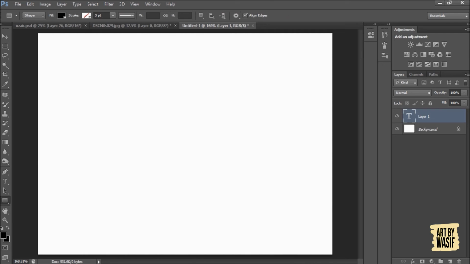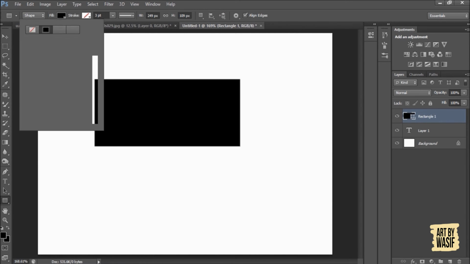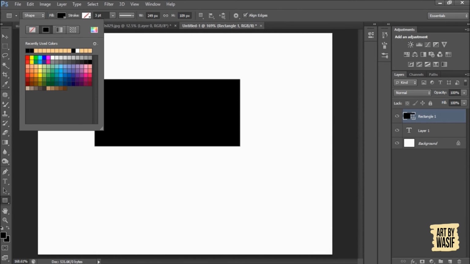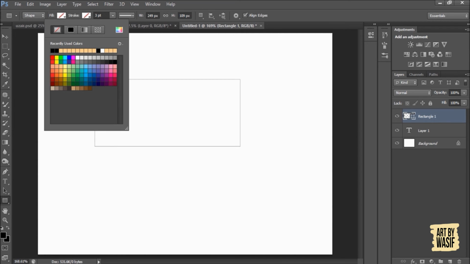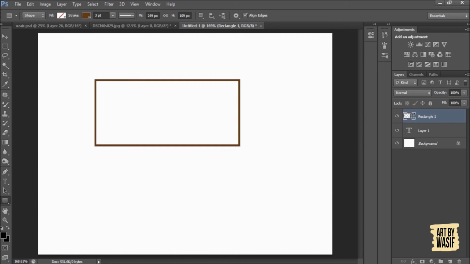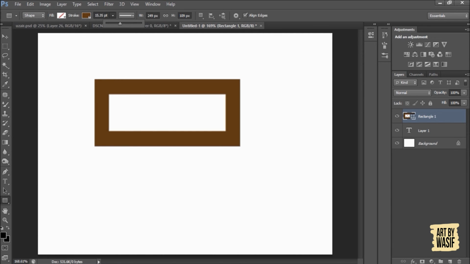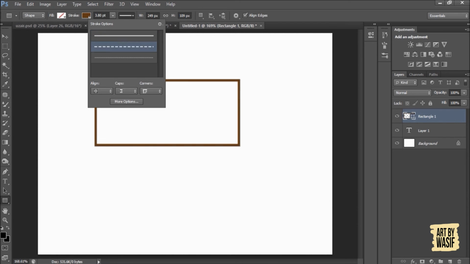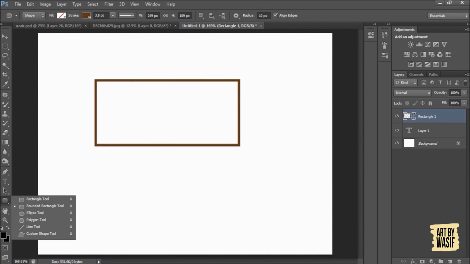This shape tool. If you want to fill this rectangle, click here, fill, already filled. If you don't want to fill this layer, only want its outline, click on this triangle, the outline will be finished. Click on stroke, click on the color you want. Like if you want a brown color, click on brown, and here you can increase its stroke line like this. And here if you want some different types of lines, you can select from here, like this and this. And next, same for all the tools.